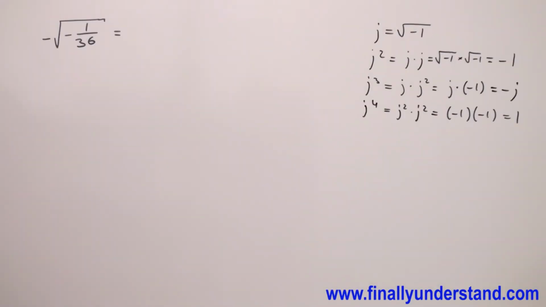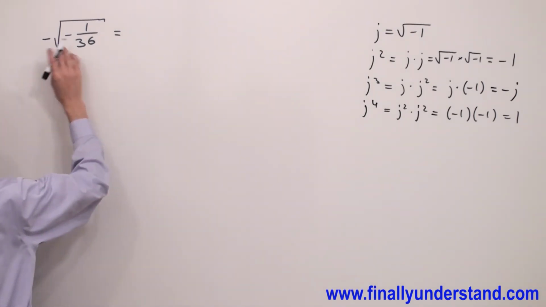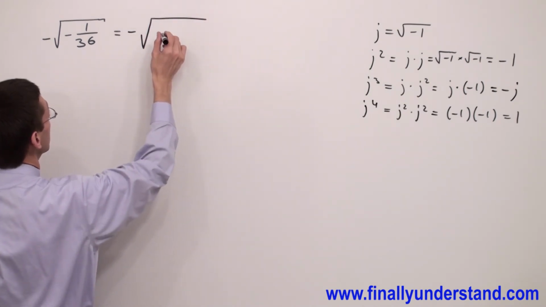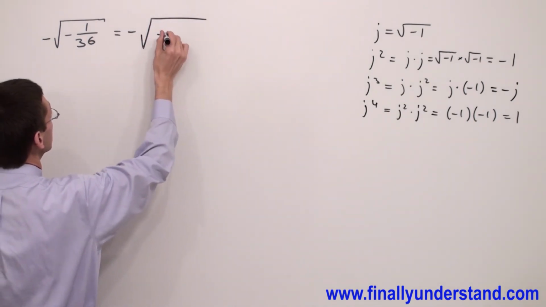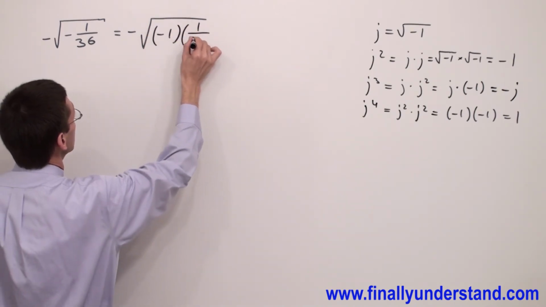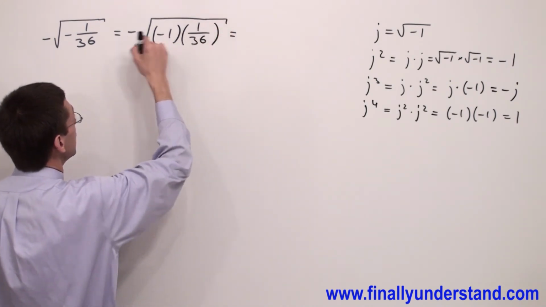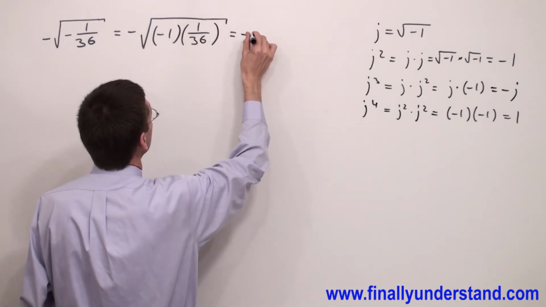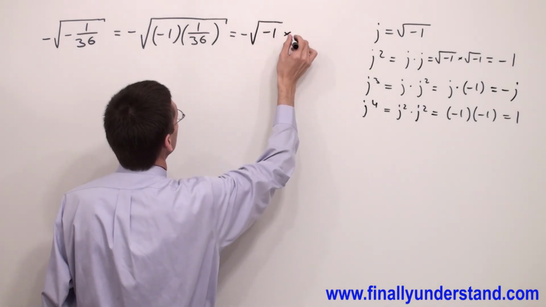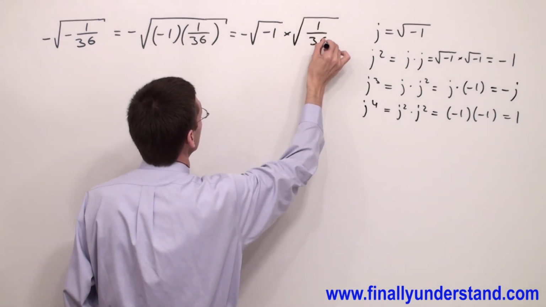Let's take a look at this example. First, we're supposed to simply copy down this negative sign. After that, we're supposed to use the properties of radicals and rewrite the radicand as negative 1 times 1 over 36. Copy down the negative sign, and I have the square root of negative 1 times the square root of 1 over 36,